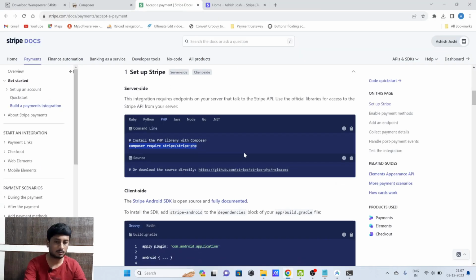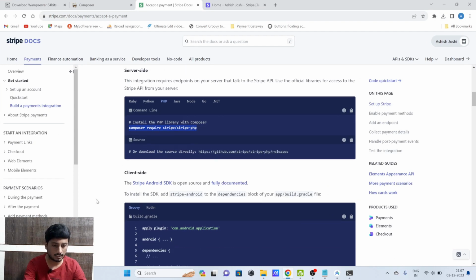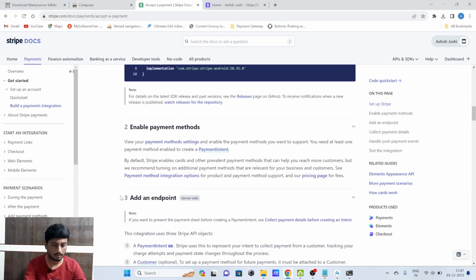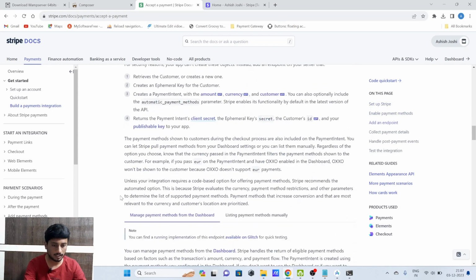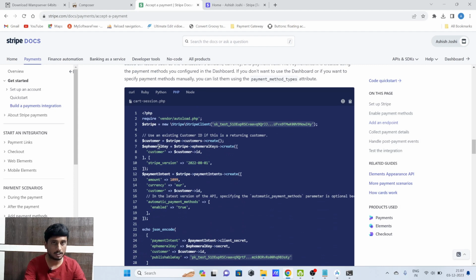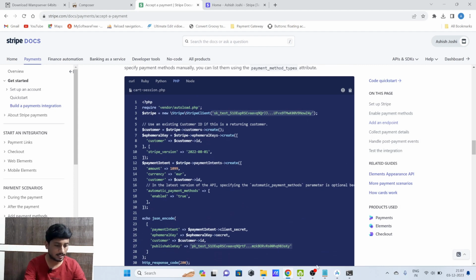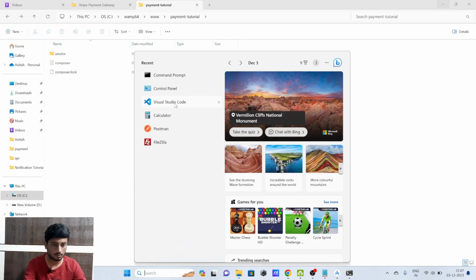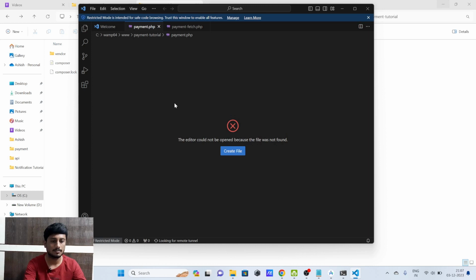So we have come back to the Stripe docs, and here it is showing the client side code. Client side we will do later. First we have to scroll downwards, and here it has given a PHP code. So let's create one separate PHP file inside this folder. I am using the Visual Studio Code IDE. You can use any IDE for PHP,